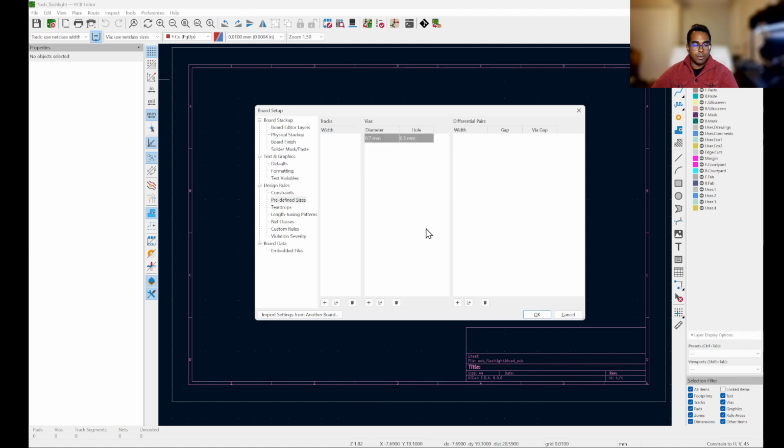But the values that we're going to have to add here quite a bit are the track widths. Now, tracks are the actual wires on the board, right? They're the physical copper connections between one pin and another pin. And you may be wondering, why would we have to use different widths for those copper traces? Well, say we have our LED that is connected to this USB port. We've already determined that at most that LED can handle 20 milliamps. If we try to use a track or a trace, the vocabulary is interchangeable here,